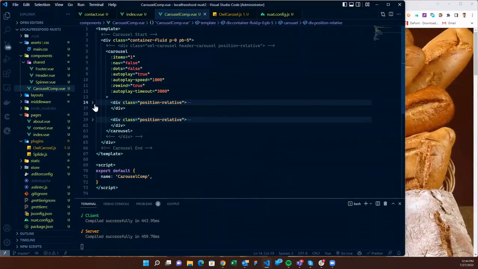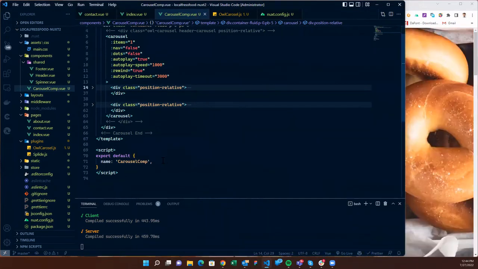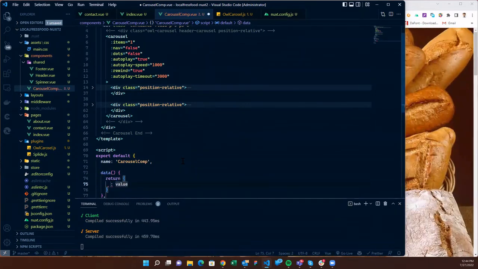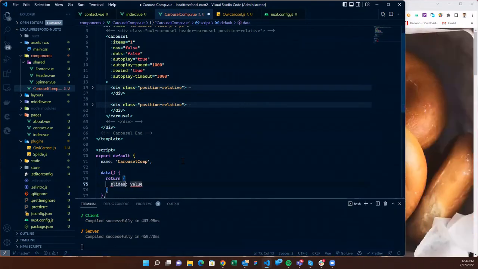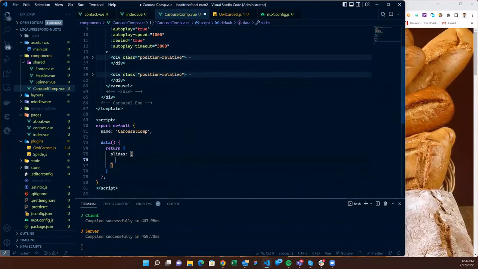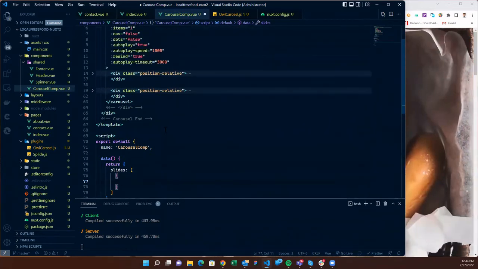So we'll say v data here, and we'll say our slides equal to an array, and we will take an object here,